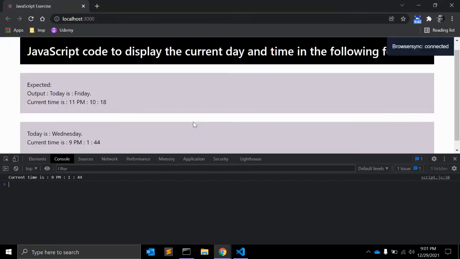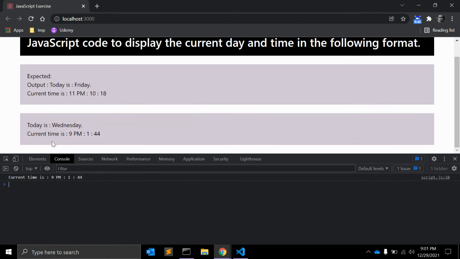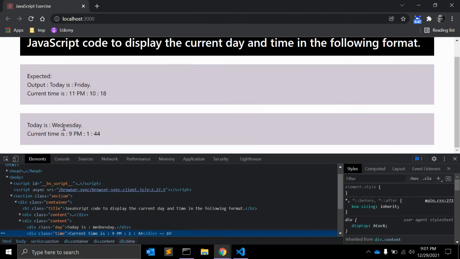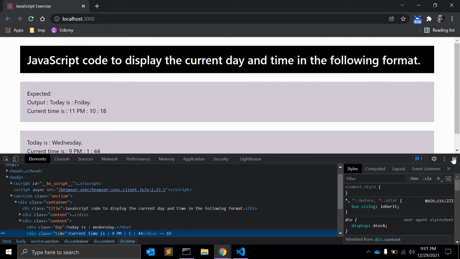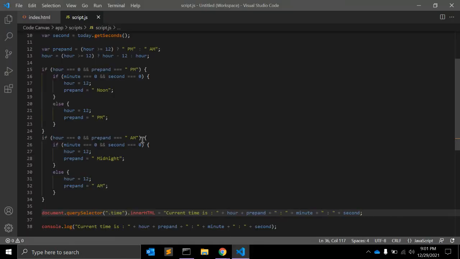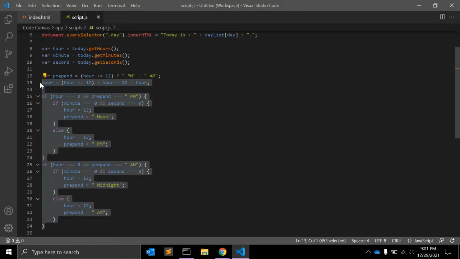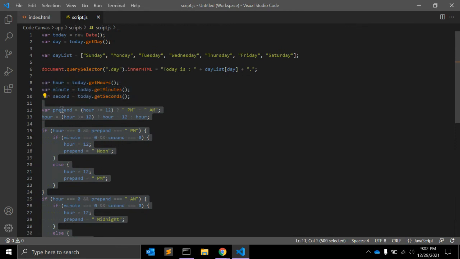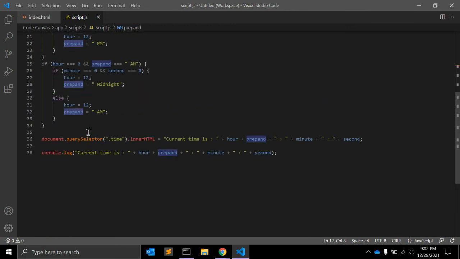Let's see how it looks. So this is how it looks in HTML. Looks pretty, isn't it? So this is the JavaScript native code to determine the current day and time with hour, minute and seconds, and whether it is AM or PM.